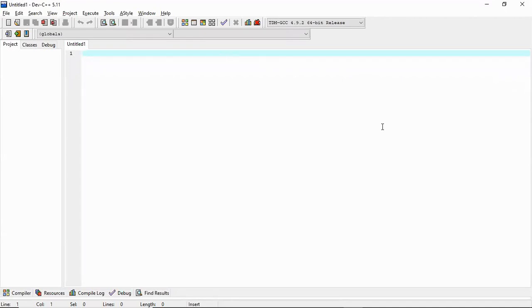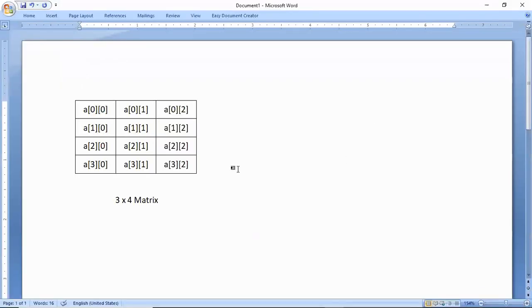What is a matrix? You might be knowing this thing, that a matrix is a 2D array. It is a two-dimensional array. This is one dimension and this is the second. So if I say that this 2D array has a name A,